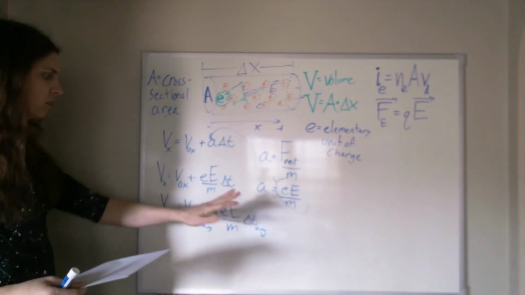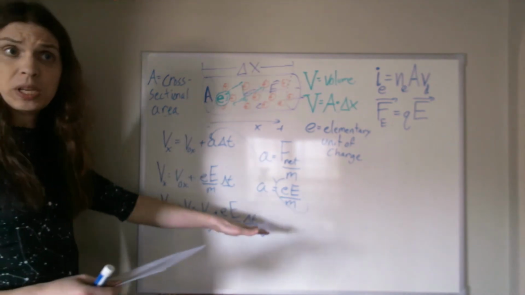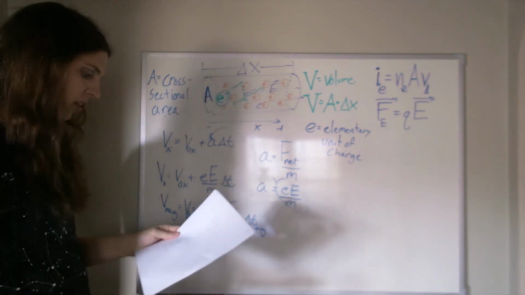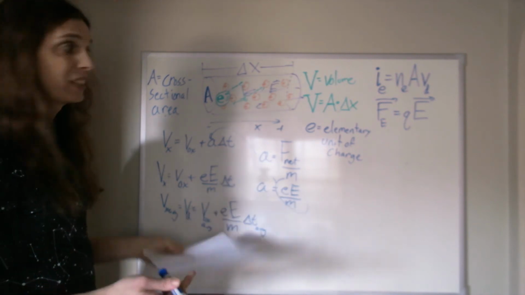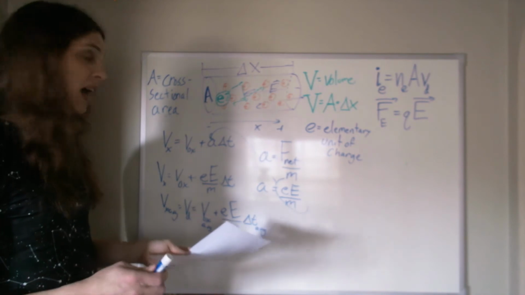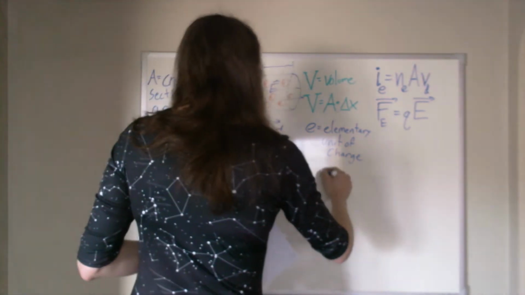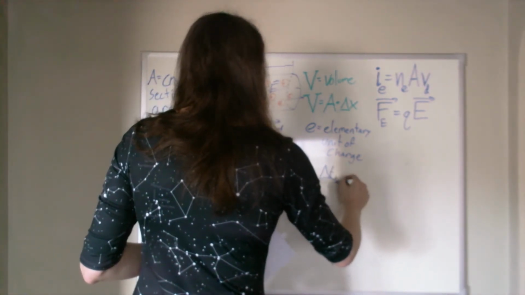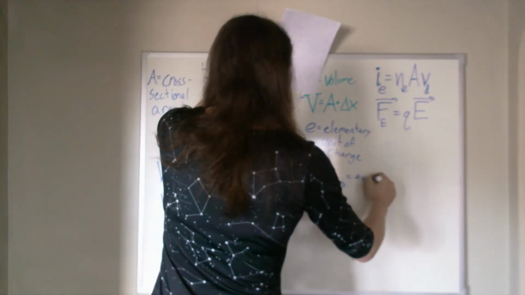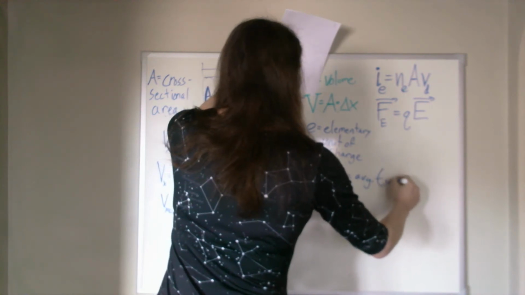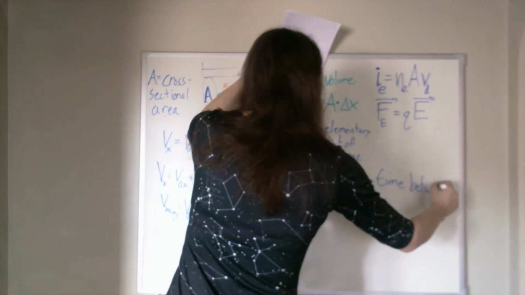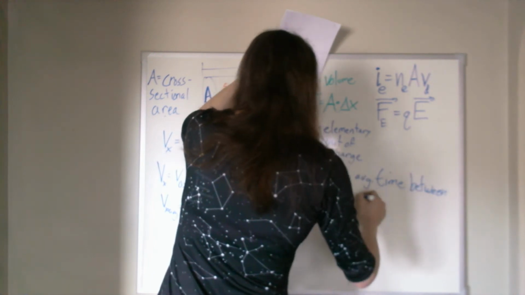And so this is our average time between all these little nanoscale collisions that are going on in here. And we had to give that a whole new definition and name, that particular time. So our delta T average, which is our average time between collisions,